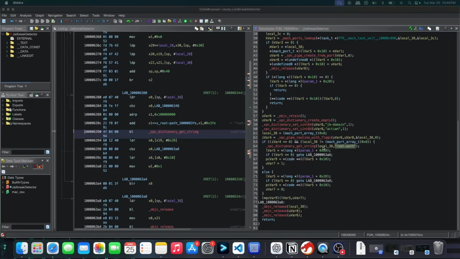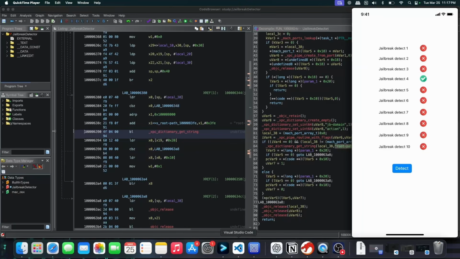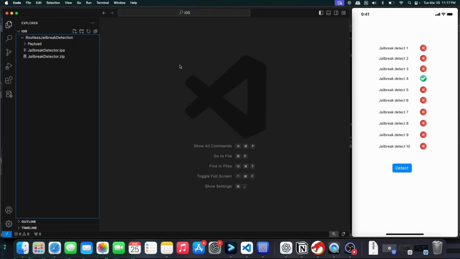Okay, so one thing we can try is to hook this XPC dictionary get string function and see what we are getting as the root path on our rootless jailbroken devices. So let's try that first. Here we have the application, and here I'm going to open VS Code, in which I'm going to create a new script called